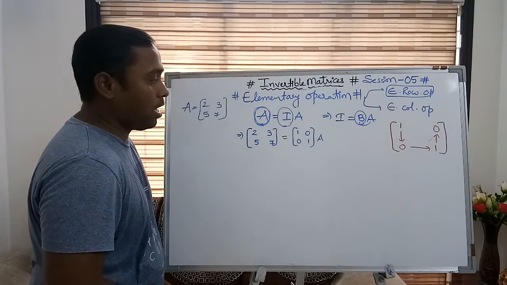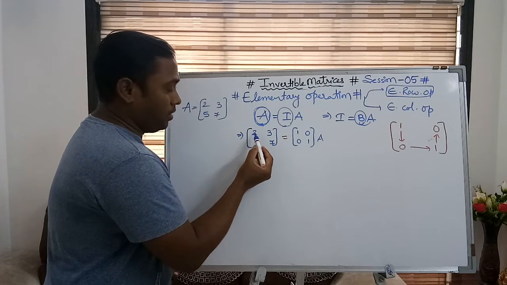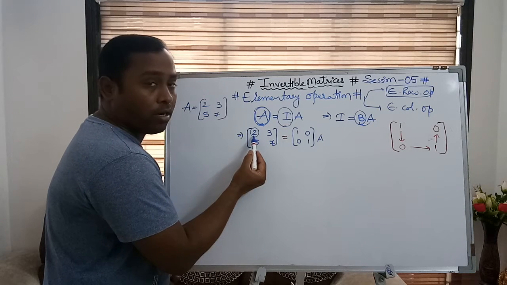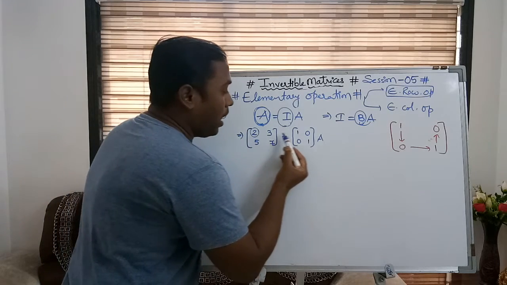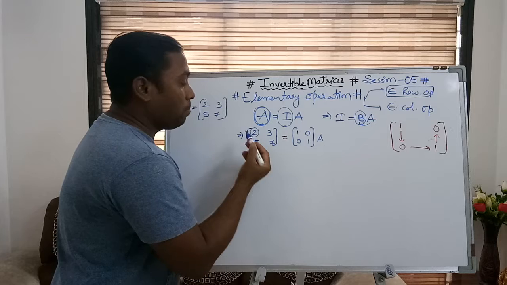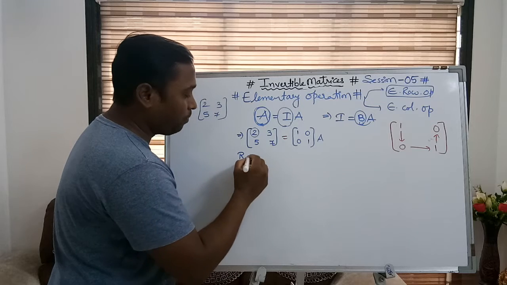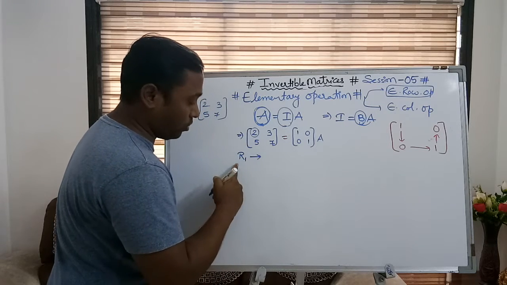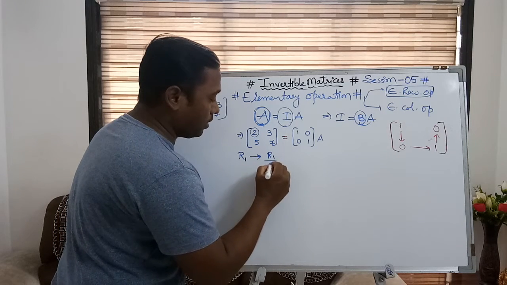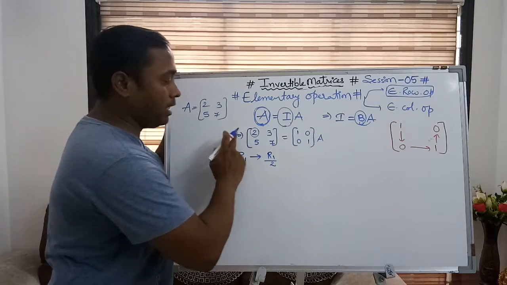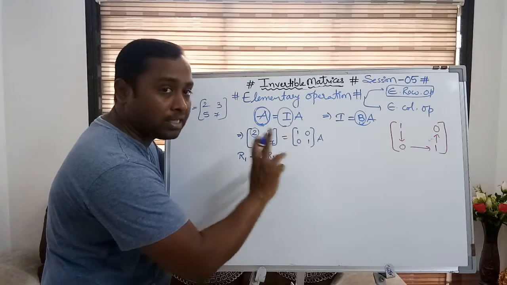Now see what I mean to say. First, I want 1 here, I need 1 in this row 1. So what I can do is divide the entire row by 2. I am going to change row 1, that is why I am writing row 1 first. The statement R1 is going to change: R1 is divided by 2. So simply divide the entire row by 2. While changing R1, the row 2 elements will not be disturbed.